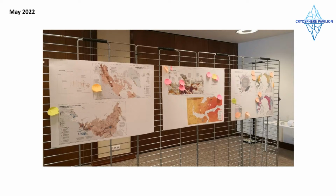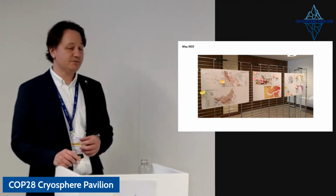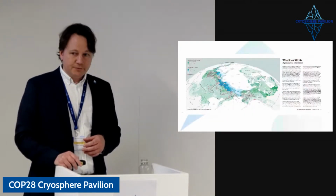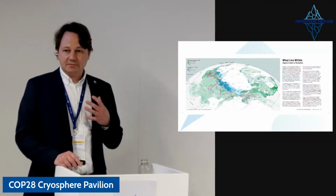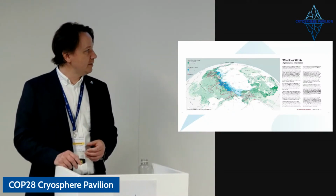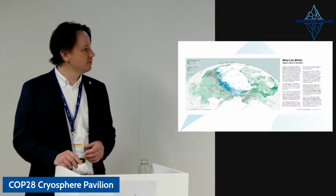comments on the maps, on the facts, what things could be added, what things might not have been highlighted correctly, if there were factual errors, etc. So that we had a lot of this iterative back and forth on the different graphics and the facts included in the atlas. And then the final product ends up being a large amount of very nice and very informative graphics and maps. I'll just show you a few examples now before moving on to showing you just some photographs